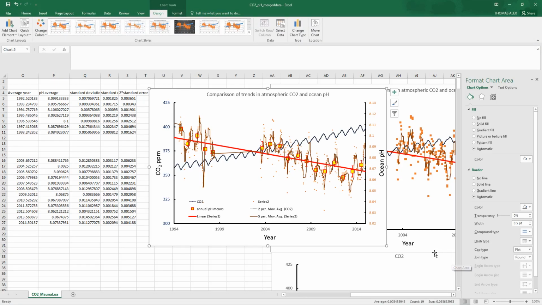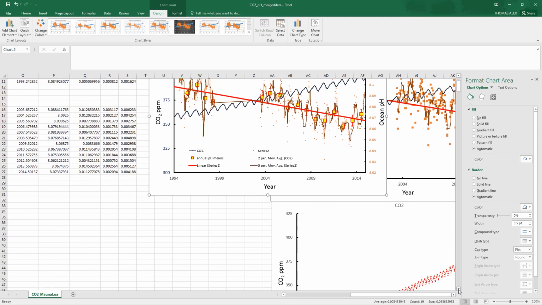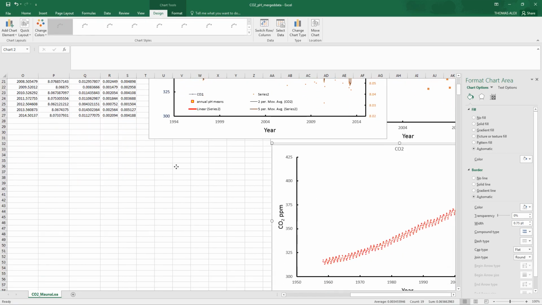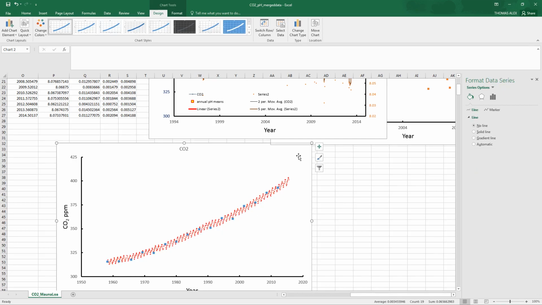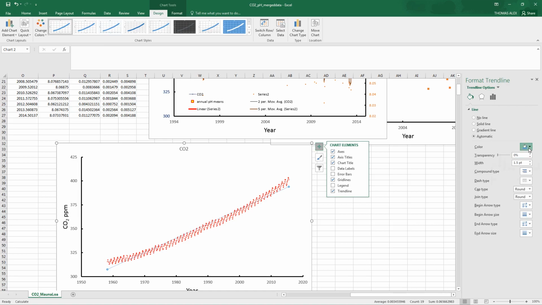Right, so that's I guess another part of the practical finished. The next part of the practical is looking back at this CO2 data. So if we just scroll down, I'll just move the CO2 plot over here maybe. We put a trend line through this a while ago, so let's put that trend line back. Add trend line, and you can see that it's plotted in blue, which is not terribly helpful. So we'll put it in red with